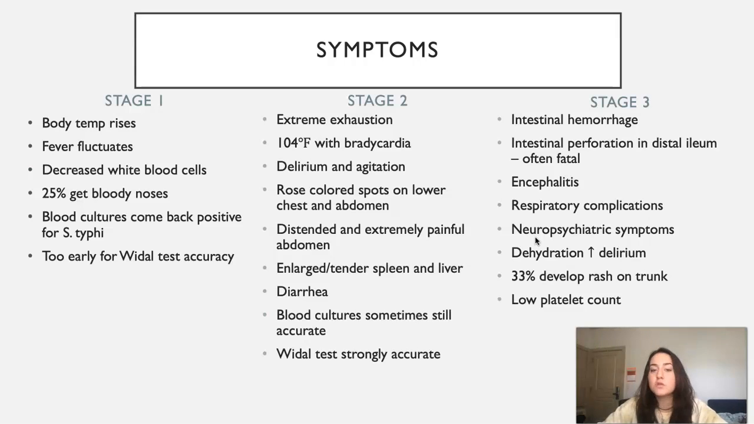They'll develop these rose-colored spots on their lower chest and abdomen. They will have a distended and extremely painful abdomen as well. Their spleen and liver become enlarged and a little bit tender. Some patients experience diarrhea, and at this time, blood cultures may come back accurate, but the Widal test is extremely accurate at this time. So the third and last stage is about in week 3, and this, if you are